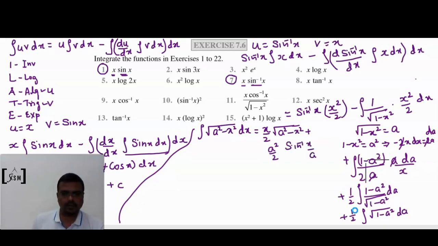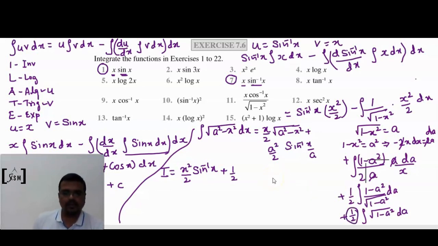So this is what we will study in the next exercise as a formula. We can use it here as an integration result. So I'm writing down the final result from the beginning: x square over 2 sin inverse x, and then plus, because this minus integration became plus, so plus 1 over 2 is out, this constant I'm writing,